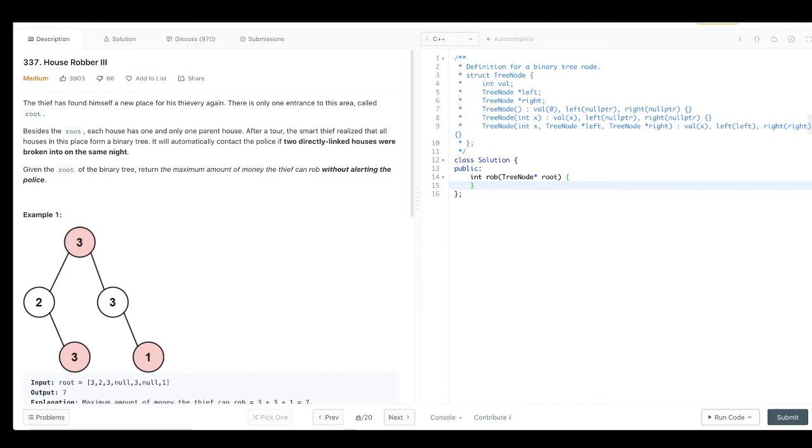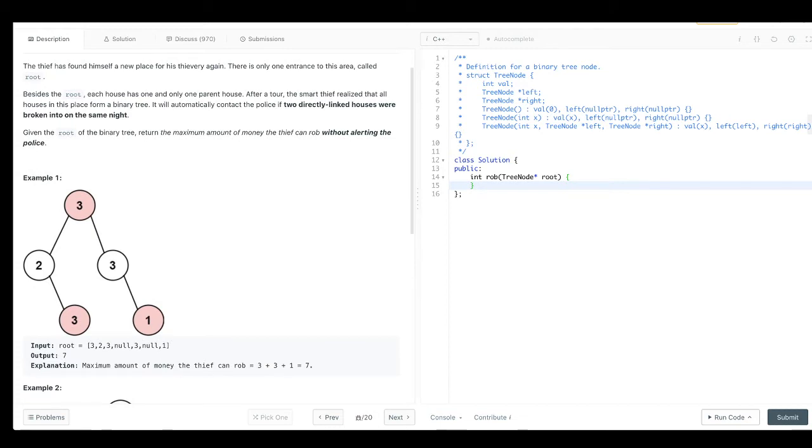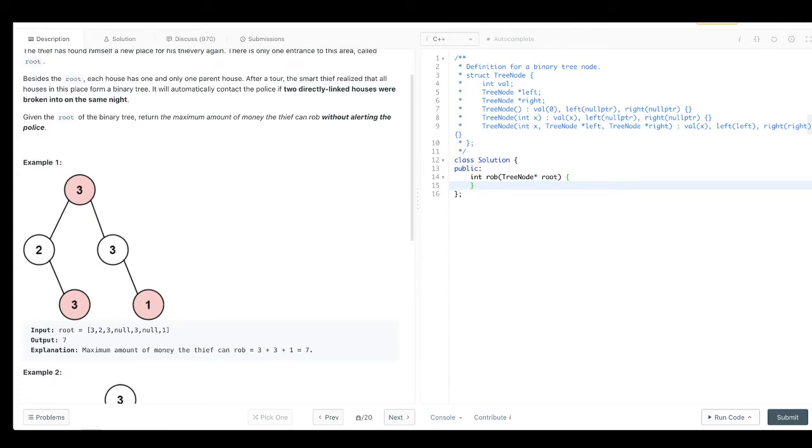Let us go through the first example. Here the thief has two options. It can rob the root, and then since the root is robbed, it definitely cannot rob its children, so we'll skip the nodes 2 and 3 and then go down one level. So the total profit the thief can make in this case is 3 plus 3 plus 1, which is